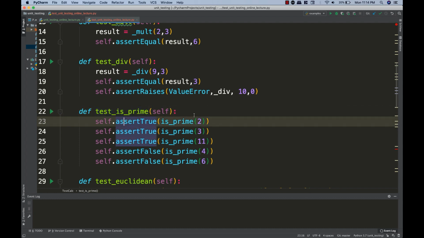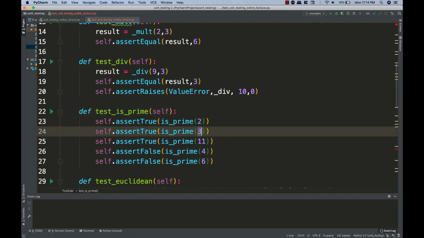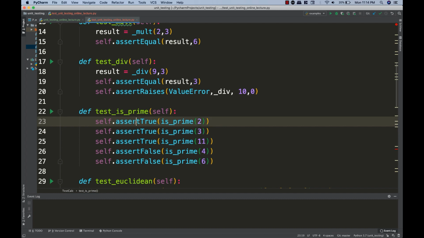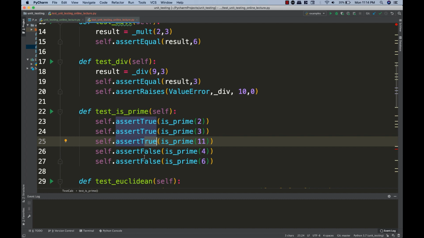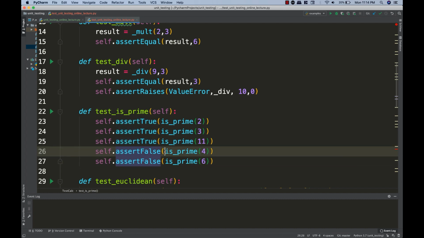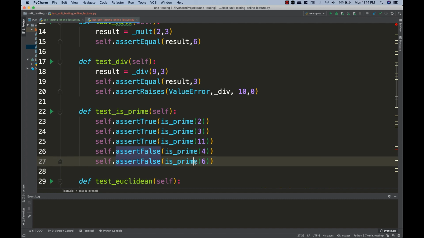I want to test if 2 is prime, if 3 is prime, so I want to assert true for these two values because I know myself that 2 and 3 are prime numbers. I also want to test 11 to assert if this is true, and I also want to assert false that the function is prime called on 4 should return false, and also function is prime called on input 6 is